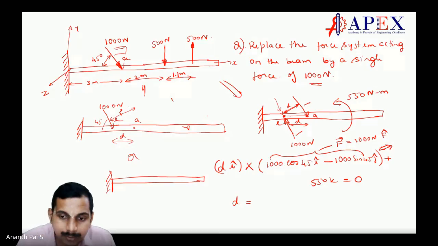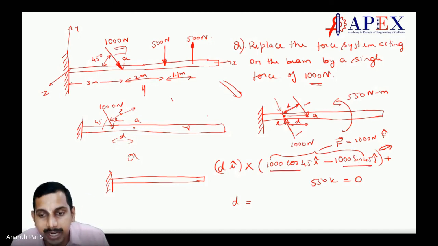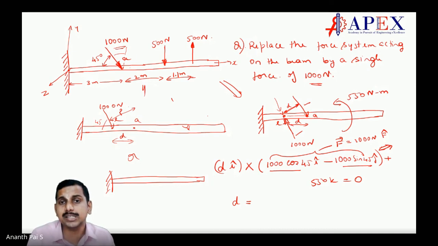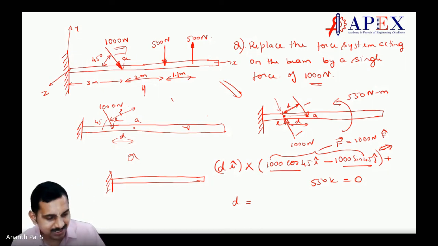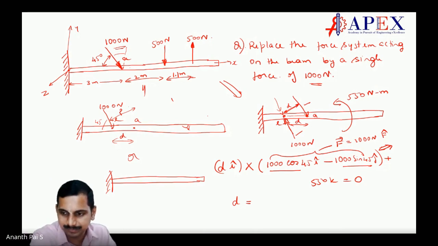Here, why I am telling this is because we need to learn how to resolve into something, and we need to apply these vectorial concepts. This is vector algebra, correct? Why did we go with vector algebra? So that we will understand the concepts better. Okay? Are you appreciating what I am saying?